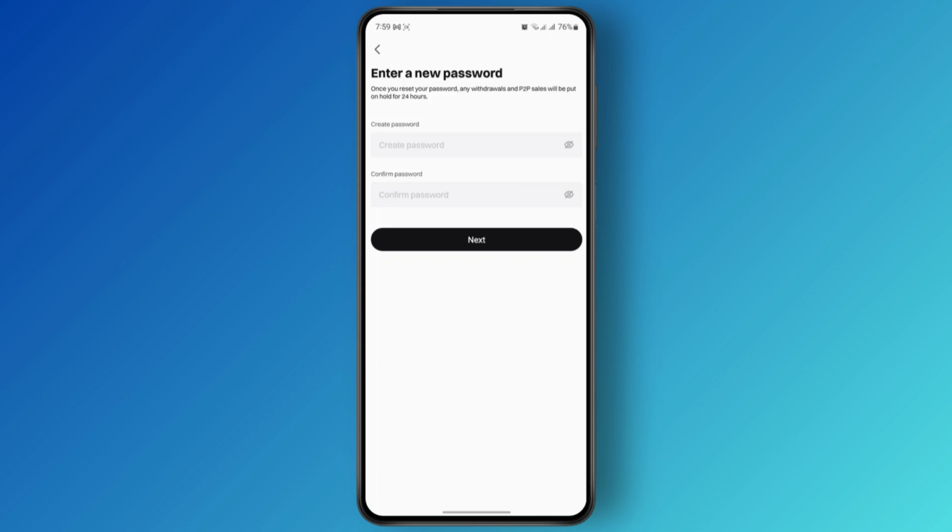a new password. I suggest you use a combination of different numbers, letters, and symbols to create a strong password, and also make sure that you will remember it in the